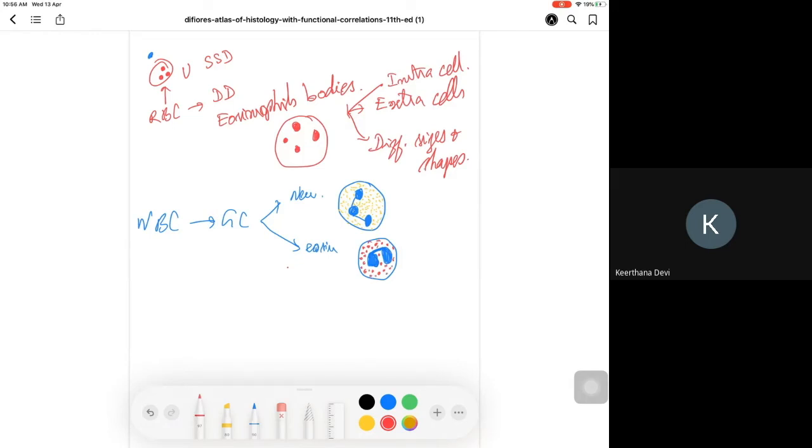When you come to the next cell, basophil, again it will be of the same shape. Usually the nucleus is monolobed. The problem here is you cannot see the nucleus. All the basophilic granules will be sitting over the nucleus also. But they are better appreciated in the peripheral blood rather than